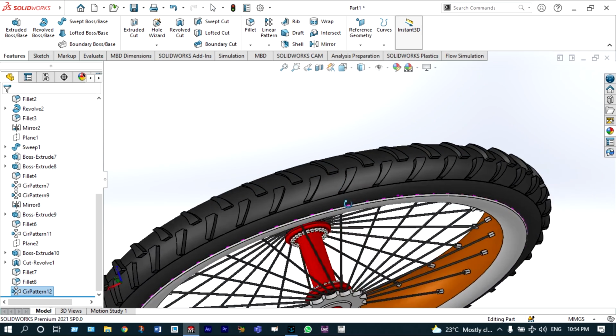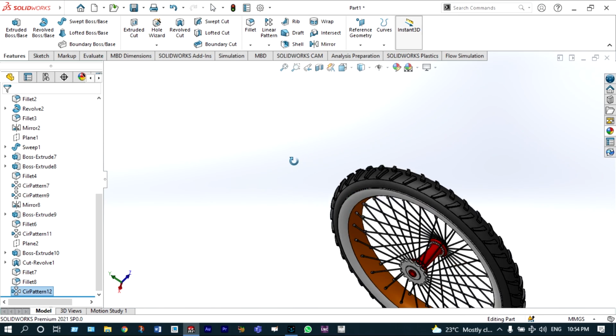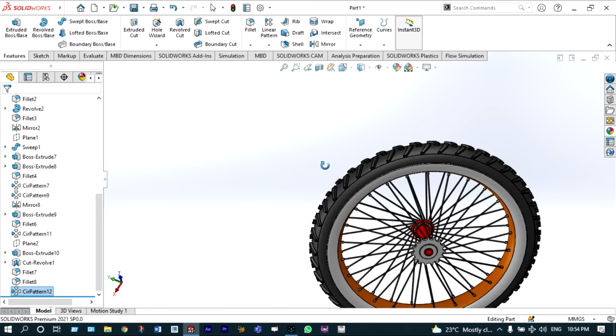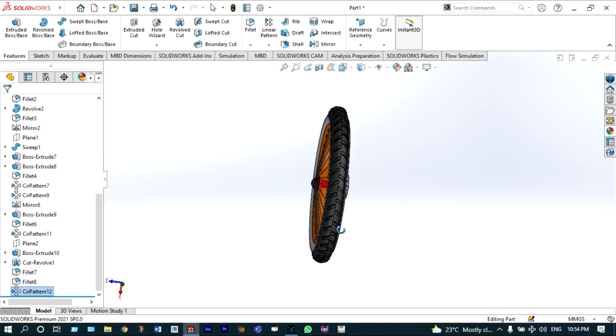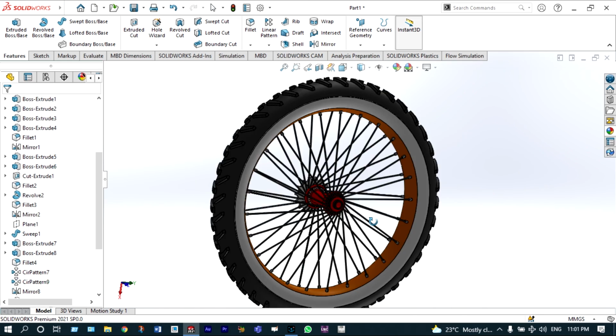So the profile you can make as per our recommend, right? This is the tire. This is a very simple one. Okay. And this is all about our today's video. This was a simple modeling of a bicycle wheel